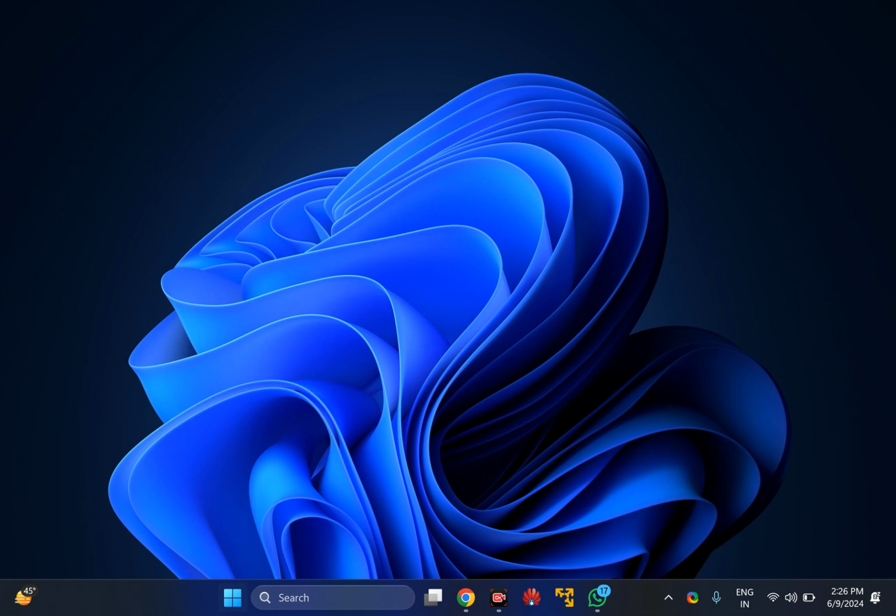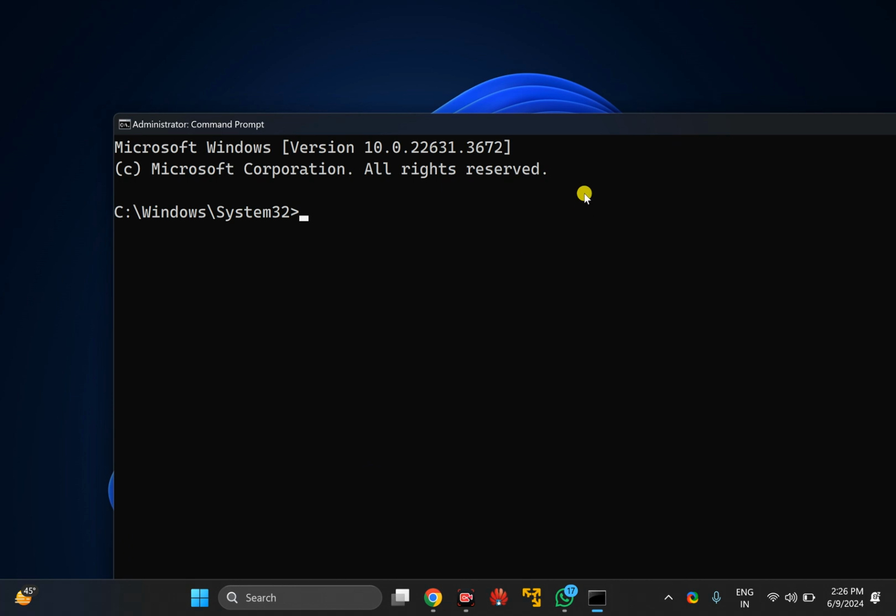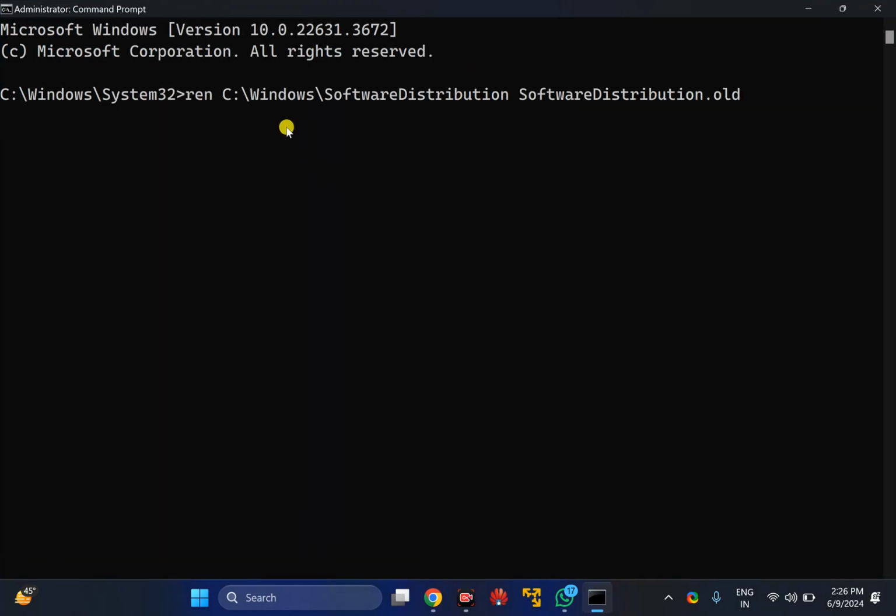In case Windows prompts, click on the Yes button. Now you need to copy and paste this command from the video description that will rename the software distribution folder to software distribution.old. After copying and pasting this command, press enter on the keyboard.